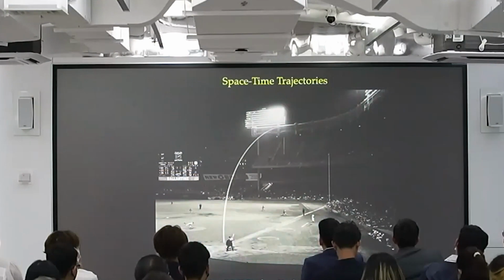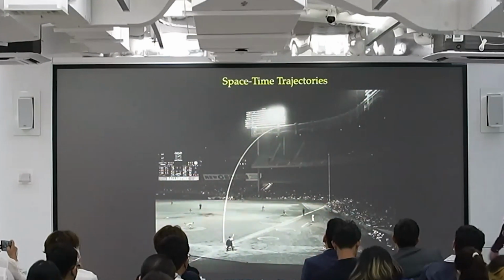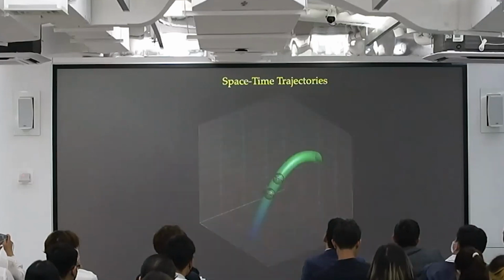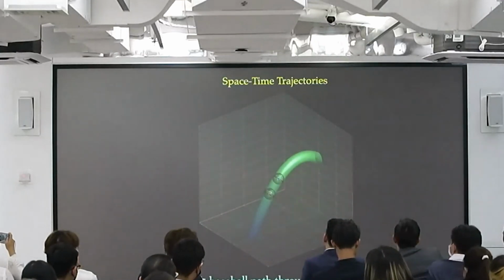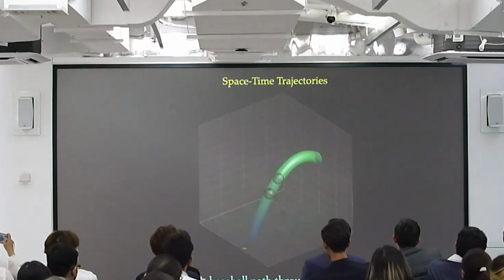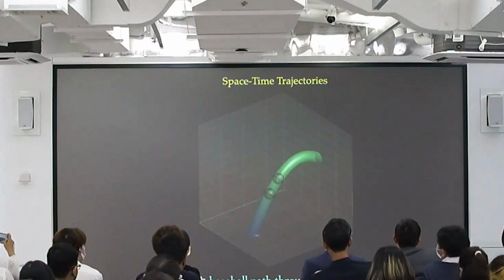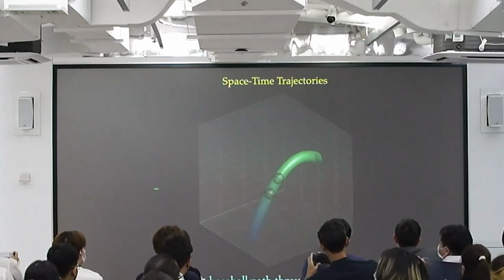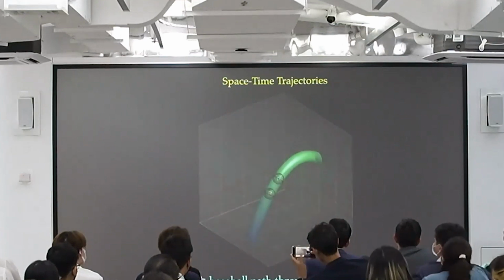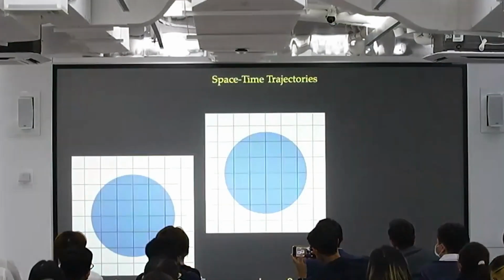You guys are familiar with Mickey Mantle, who almost hit one out of Yankee Stadium. Americans like that kind of thing. And if you actually look at that, the ball is cutting out a path in space and time. Okay, and if we just look at a 2D picture of that,